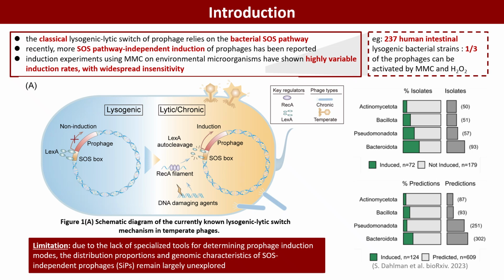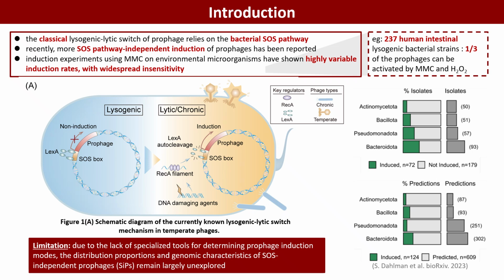The classical lysogenic-lytic switch relies on the bacterial SOS pathway, which is activated in response to DNA-damaging agents. However, recently SOS pathway-independent induction of prophages has been reported. Furthermore, induction experiments using MMC on environmental microorganisms have shown highly variable induction rates, with widespread insensitivity. Nevertheless, due to the lack of specialized tools for determining prophage induction modes, the distribution proportions and genomic characteristics of SdPs remain largely unexplored. Consequently, developing universal tools to characterize phage induction modes is essential for systematically elucidating the biological